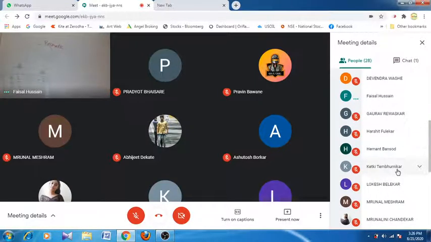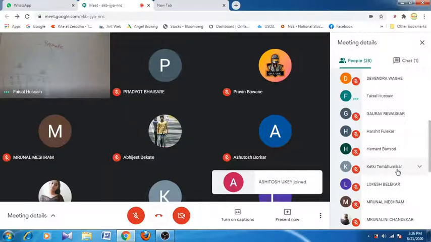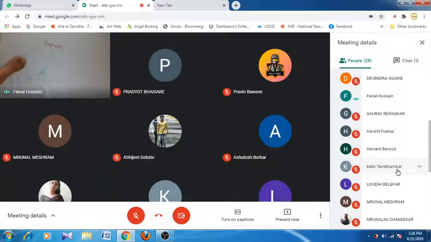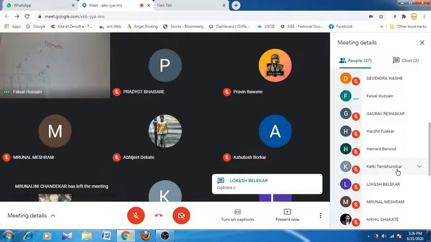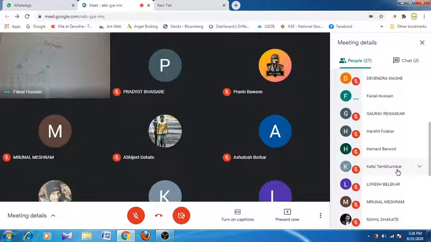If you will remove, for example, this is link 1, this is link 2, this is link 3, this is link 4. If you remove link 3, there will be no geometrical difference between the links. There will be no geometrical difference.